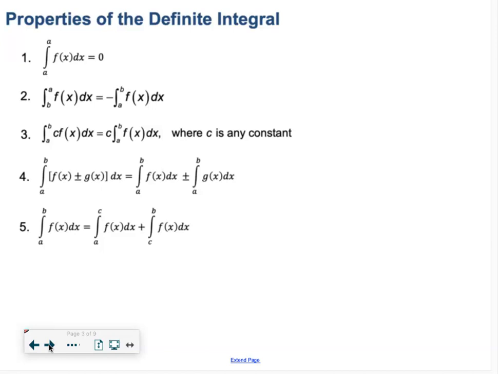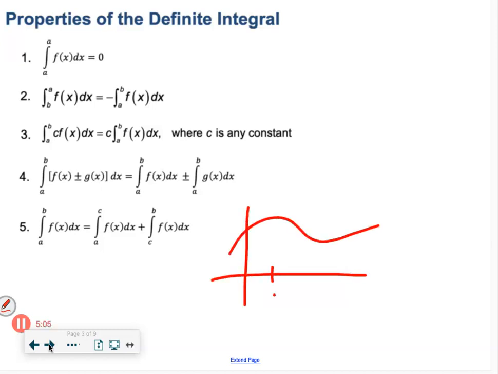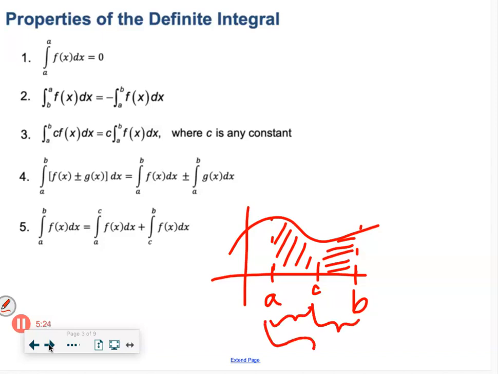This last one: the integral from a to b is the integral from a to c plus the integral from c to b. What does that mean? Well, if you think about it graphically, it actually works if c isn't in the middle, but it's easiest to understand if c is in the middle. So what it's really saying is if I want the area from a to b, I could do the area from a to c